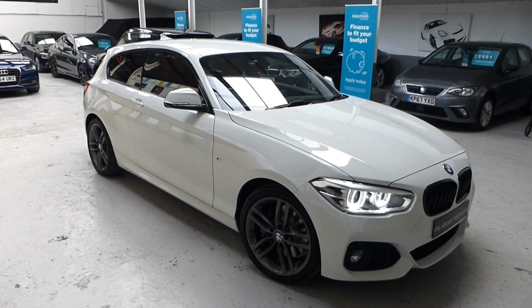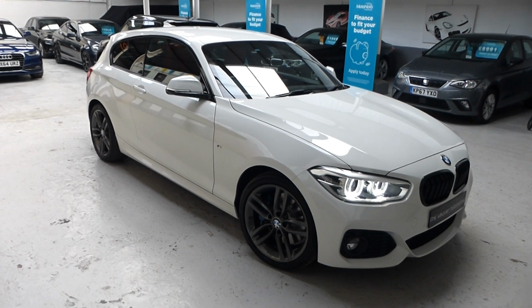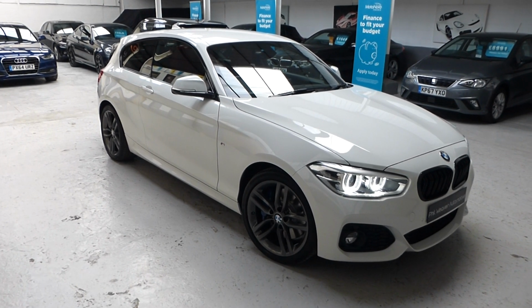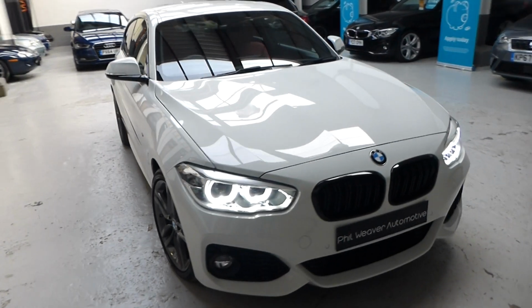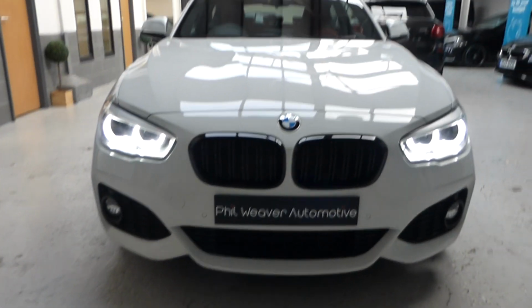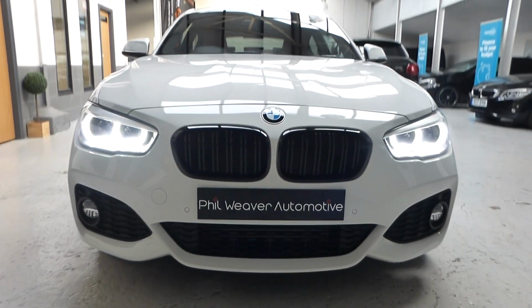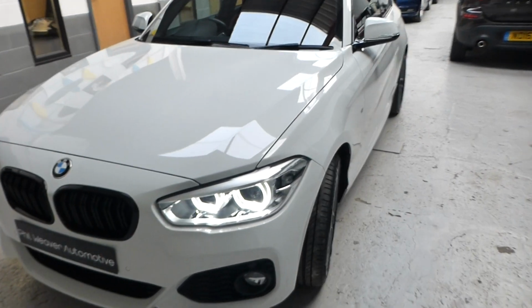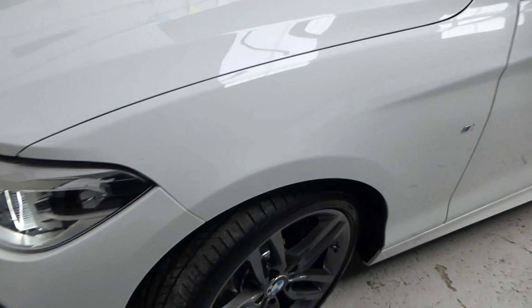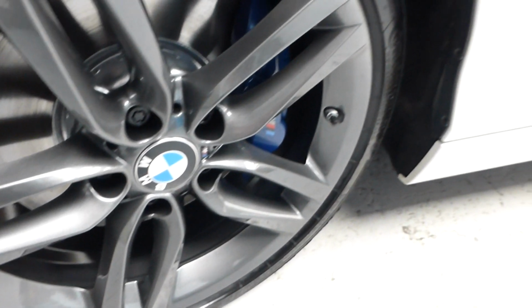This is sure to look extremely pretty sat on your drive, or when you're sat in the car driving it around the countryside of Great Britain and the UK. Beautiful car, really attractive. You've got these daylight running lights and you've also got the Xenon headlights as well, automatic of course, automatic wipers, matching tyres, all in fantastic condition, and the wheels are freshly sandblasted and powder coated with the M